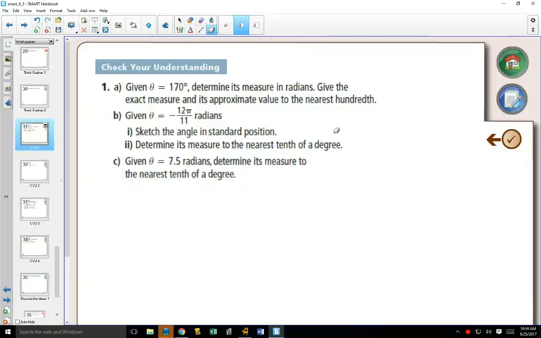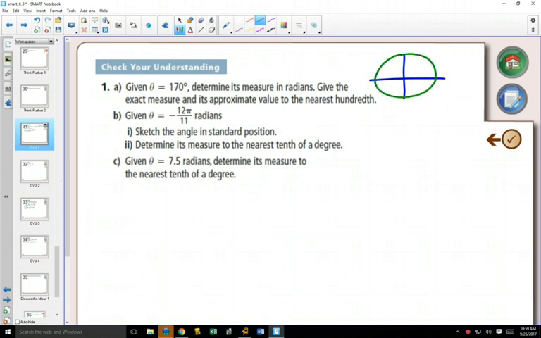A little bit of review to start with. Last week we learned what a radian was. We learned that a radian was the angle when you had one radius along the outside edge of your circle. So if you have a circle right here with this as its radius, then when you have that same length along the edge of the circle, that's the definition for what